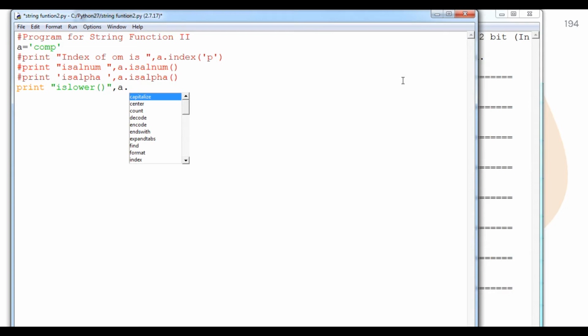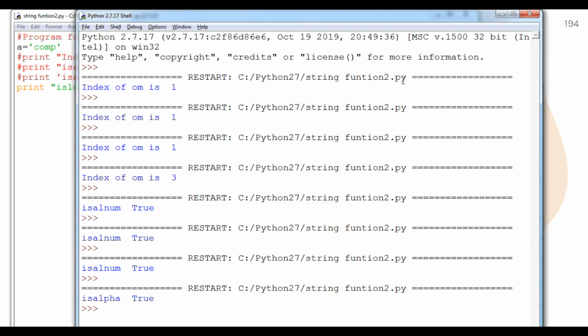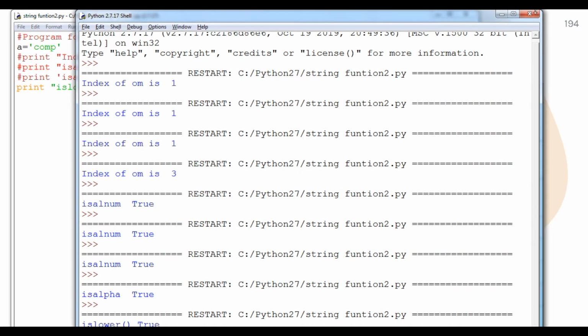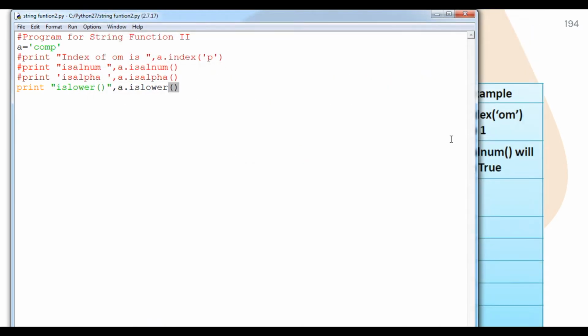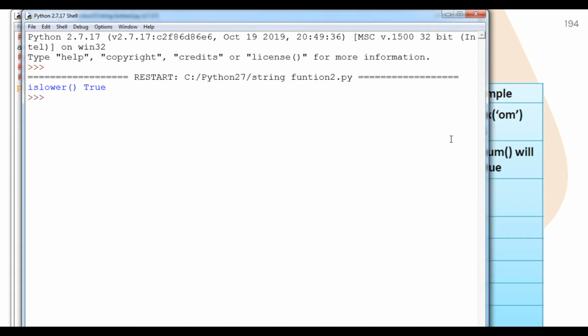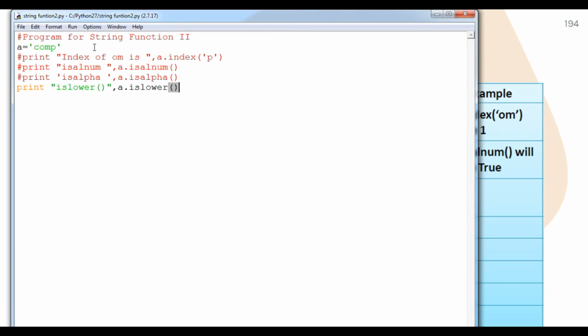It will return True or False. It will definitely return True. I will run it again and show you. Now you can see islower is True. Why? Because comp is in lowercase. Now we are talking about the next function, isupper.